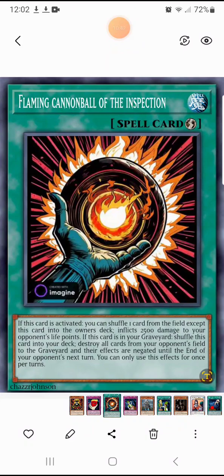And so, yeah, then the cards, like this one, it has a graveyard effect: this card is shuffled into the deck, destroys all cards from the opponent's field. Their effects are negated until the end of your opponent's next turn. So basically, you destroyed everything, and then your opponent can't do anything. But they could summon a monster, but other than that, it's...